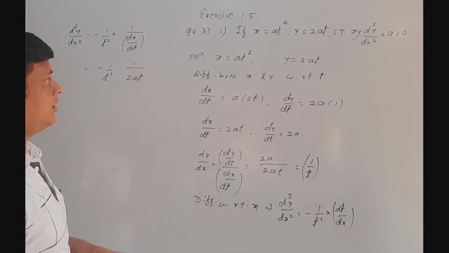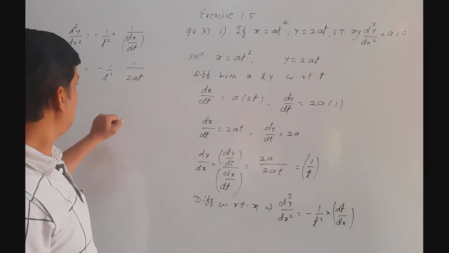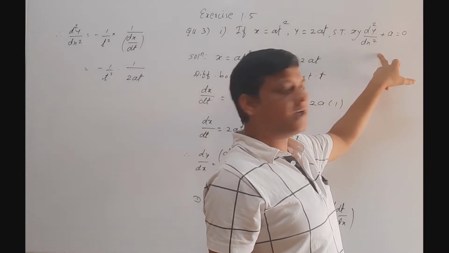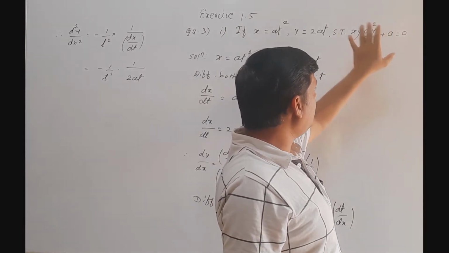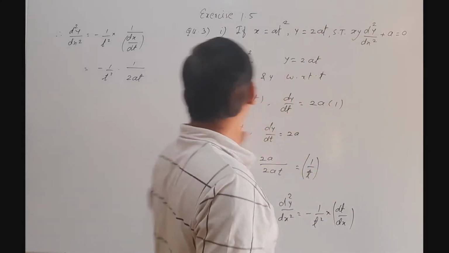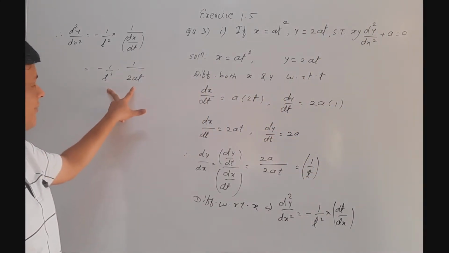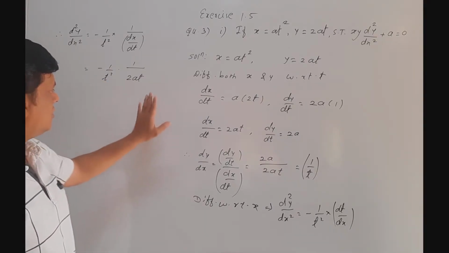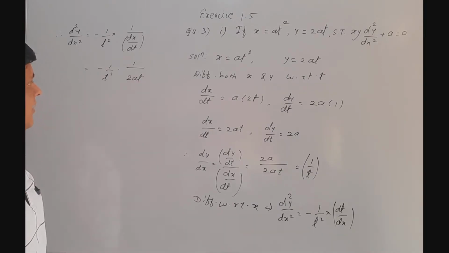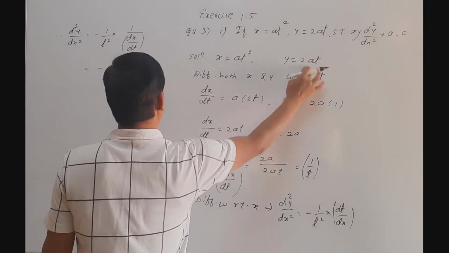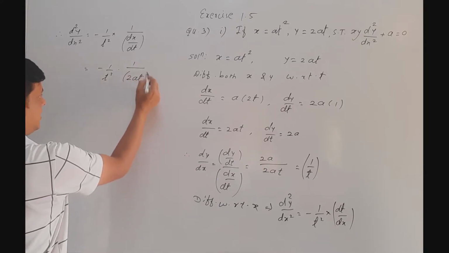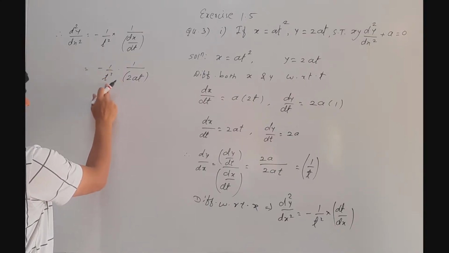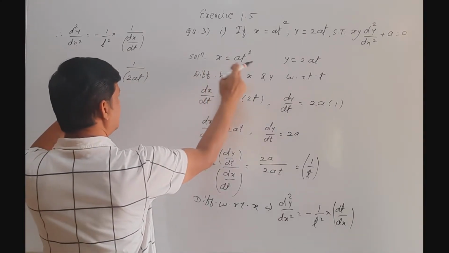Now see the proof, or which we have to show here. We have to show here x into y d2y by dx2 plus a equals to 0. That means we require derivative in terms of xy. Here we calculate the derivative in terms of parameter t. So we have to check which value we have to replace by x and which value we have to replace by y. Here we know that y equals 2at. That means this 2at we directly replace by y. Then this 1 upon t square. So we require for x at square.